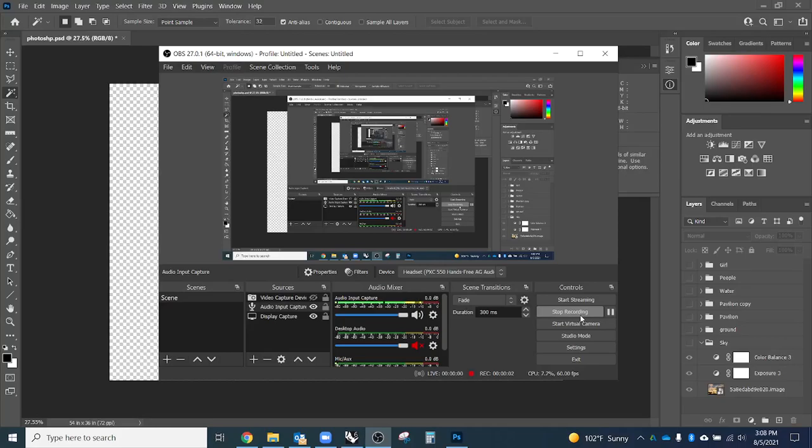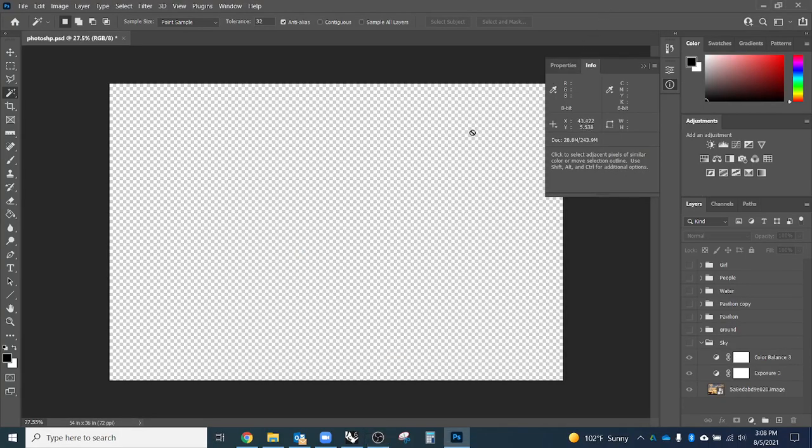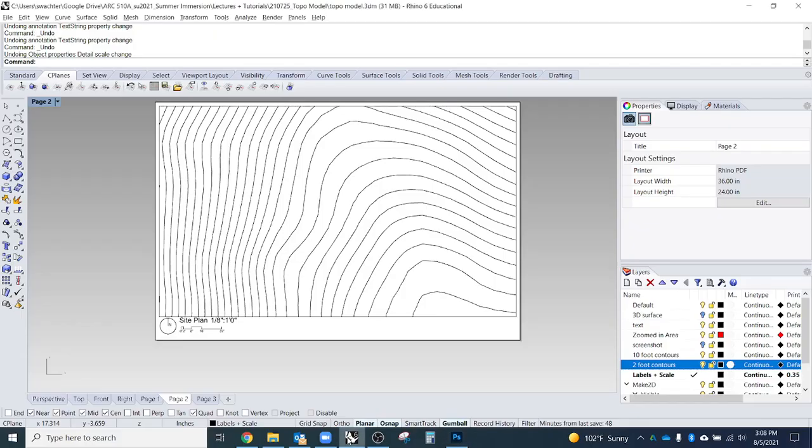Okay, so in this video, I'm going to demonstrate how to combine a scan of a manually drafted drawing and a digital drawing. So I'll start with the digital drawing. I'm going to use this topography map as an underlay or a backdrop to my drawing that I've drawn and scanned in. So the first thing I want to do is make sure I set the scale of this